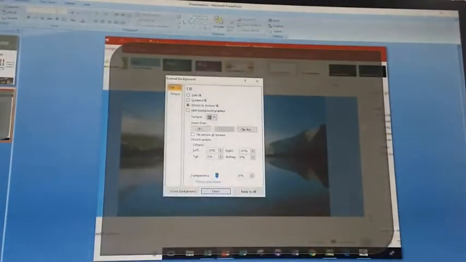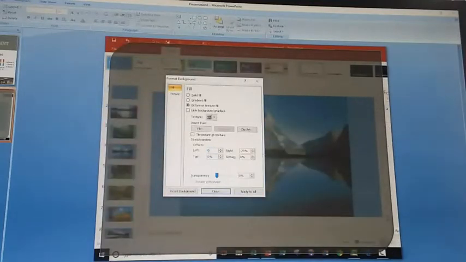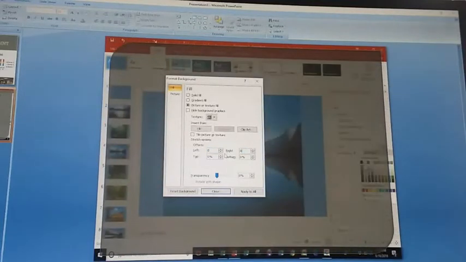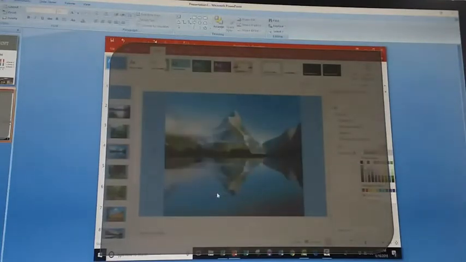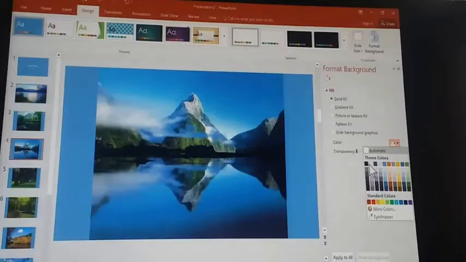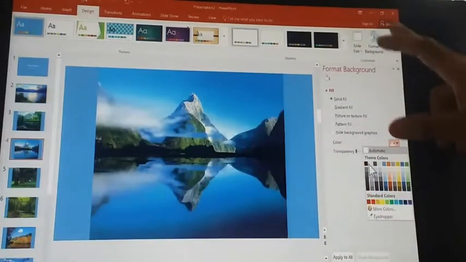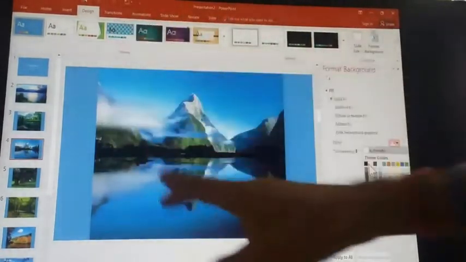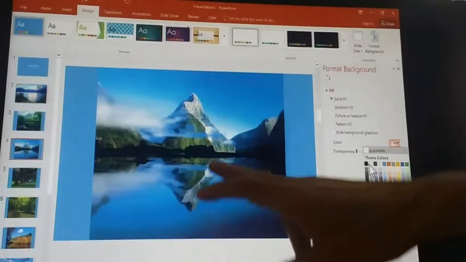So what you will do, in format background, the offsets left, right, top, bottom margin, just make them 0, both left and right and top and bottom, then close. Now you can see the image. Whatever image you add, it will show here.